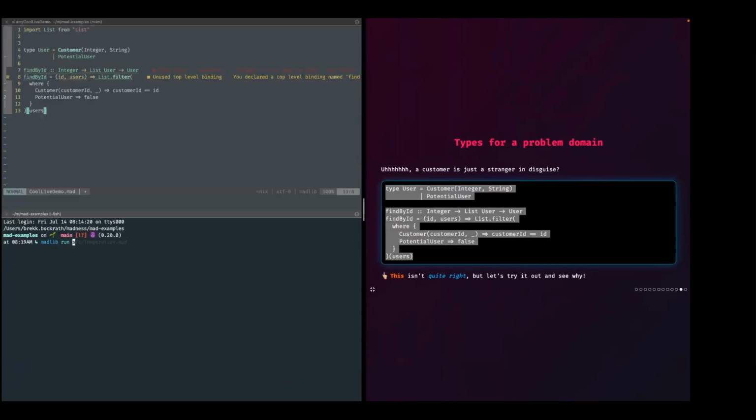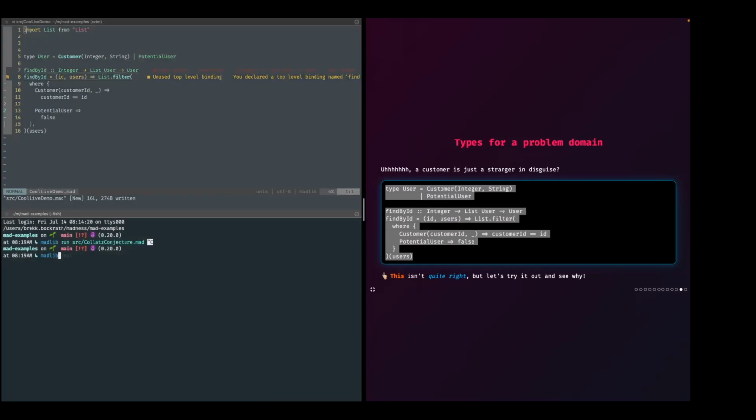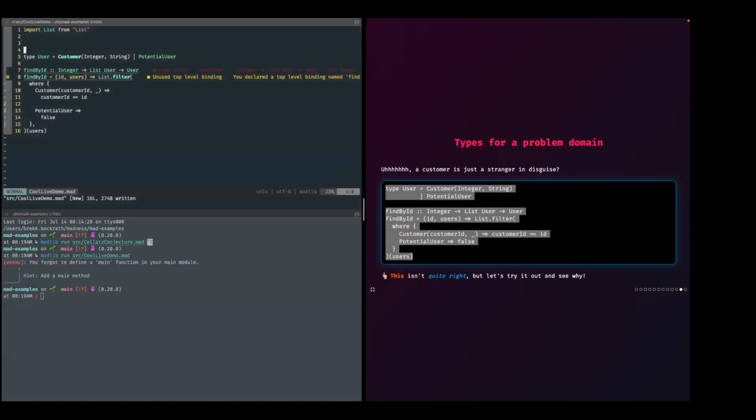So here I'm actually just going to run it because it's easier for me to read. Live demo, right? So there's two or three things it's mad about. One is I'm defining a thing, but I'm not exporting it, which it's mad about if you're not going to use it. The other thing is, this took some discussion, but we've decided to have a main function